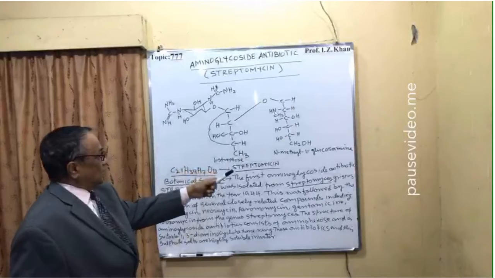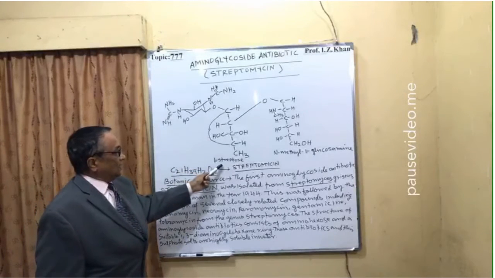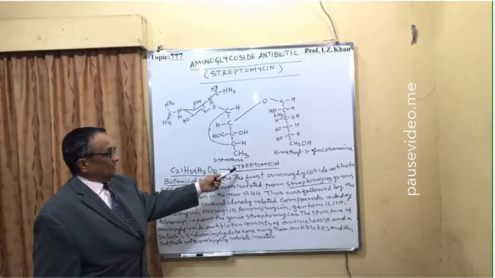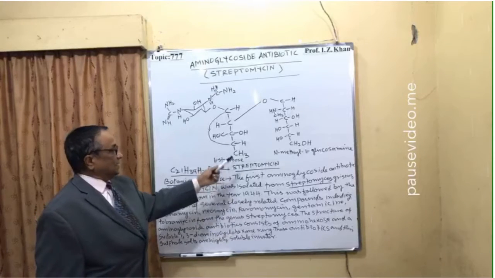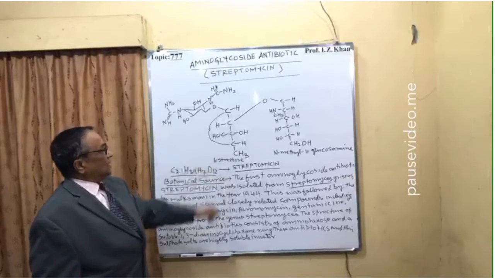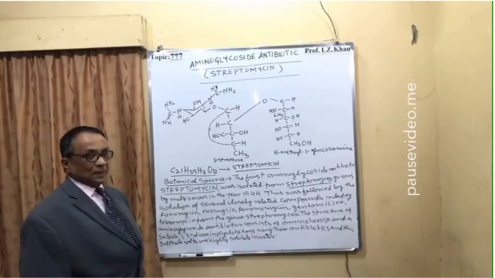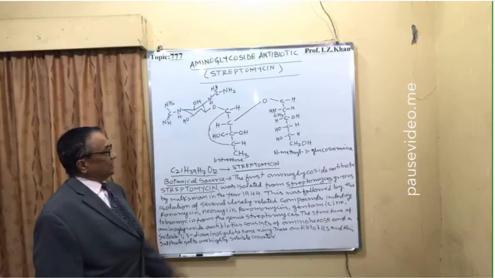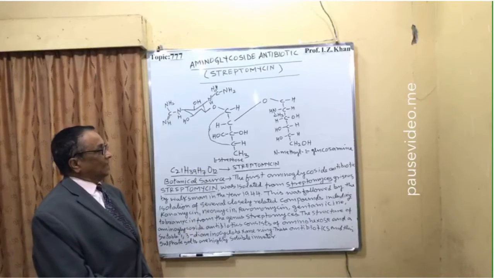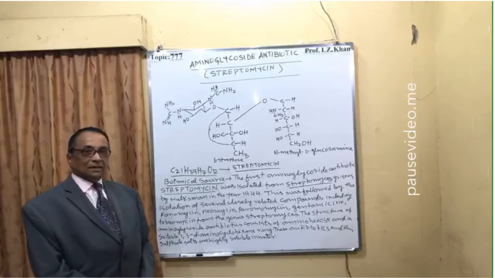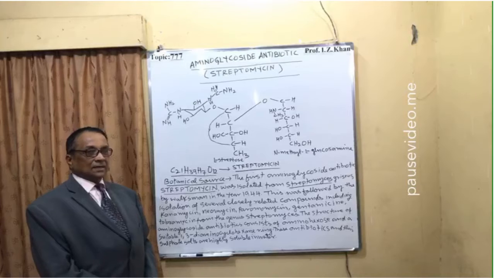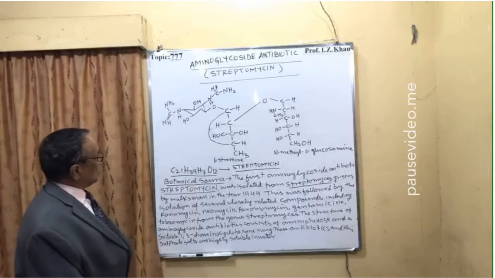This is your streptomycin, and this is your L-streptose, from where the word streptomycin comes. This is your 5-member, not only 5-member, 5 containing carbon, that is pentose, and the next one, that is N-methyl L-glucosamine, that is a hexose, containing 6 carbon, and its molecular formula is